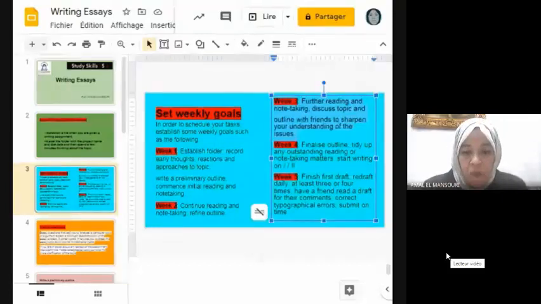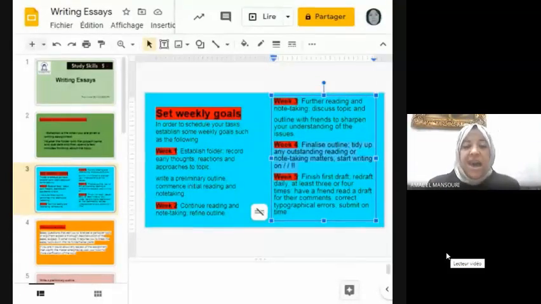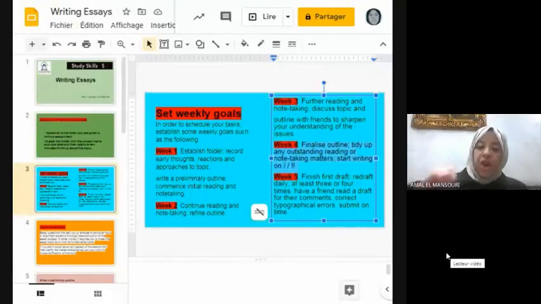Week number 4, you finalize the outline, tidy up any outstanding reading or note-taking matters, and you start writing. So at this stage, you have to start writing and producing your essay.